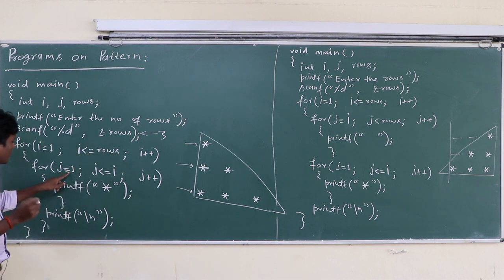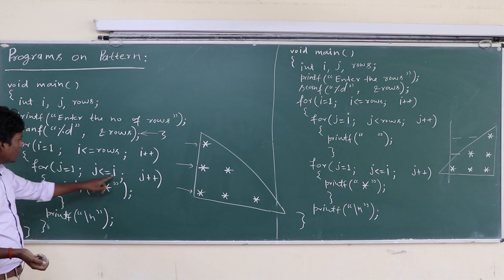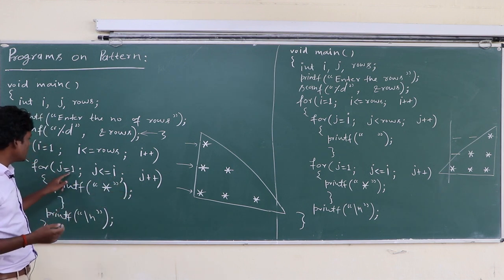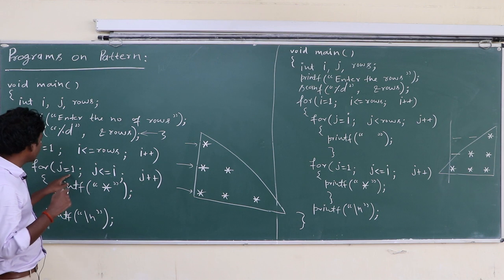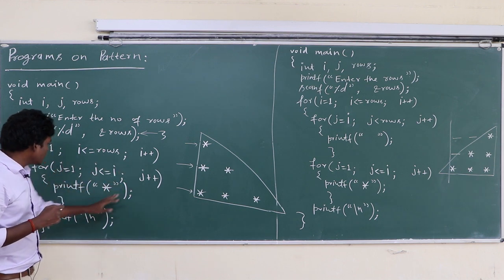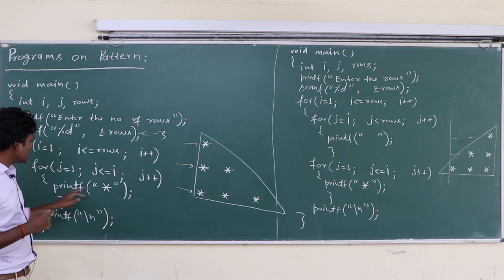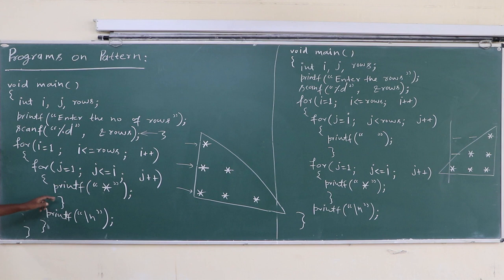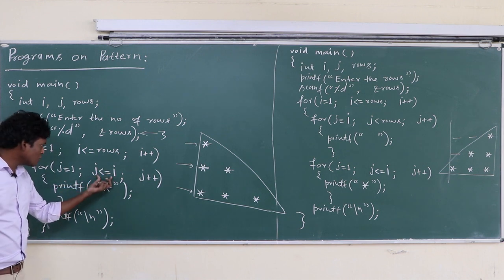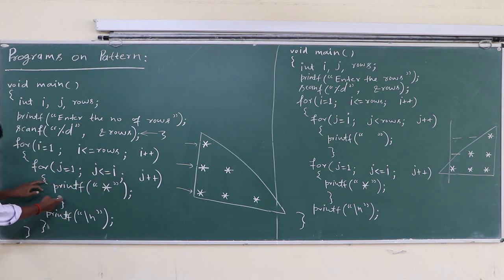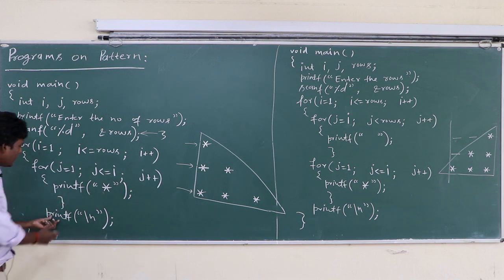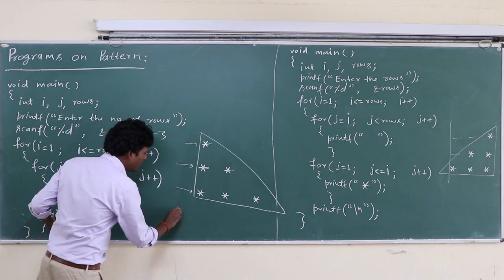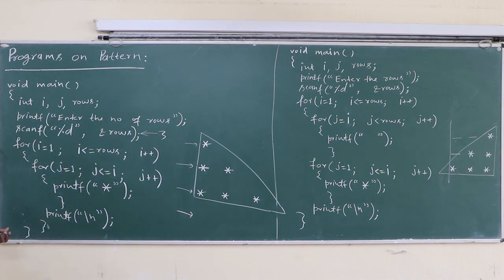Once again j has value 1 and i now has value 3. So this inner loop executes 3 times, for j equal to 1, j equal to 2, j equal to 3. Within this loop there is a printf which prints the asterisk 3 times. When j plus plus works here and j has value 4, is 4 less than or equal to 3? No, this condition is false, and control exits from this loop. Here is a printf backslash n, which places the cursor here, places the control here.